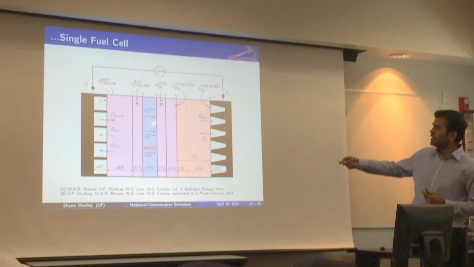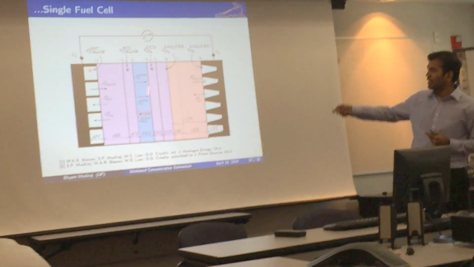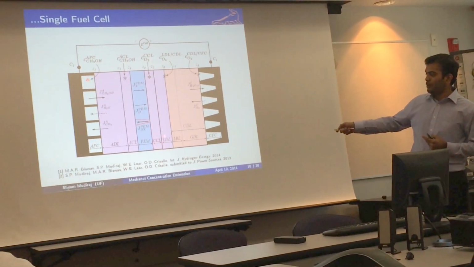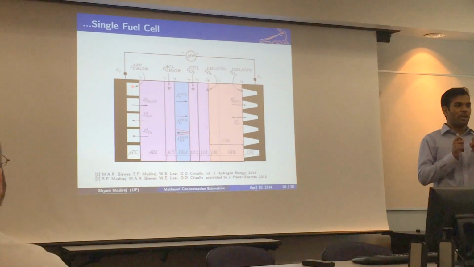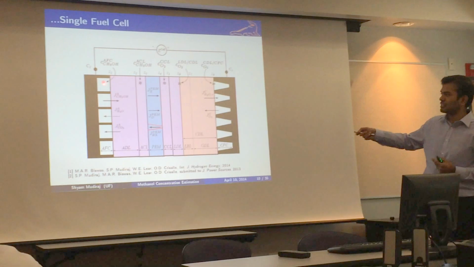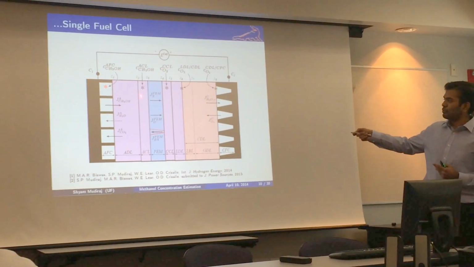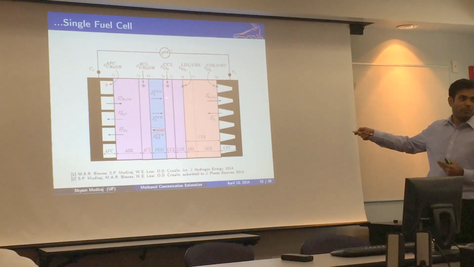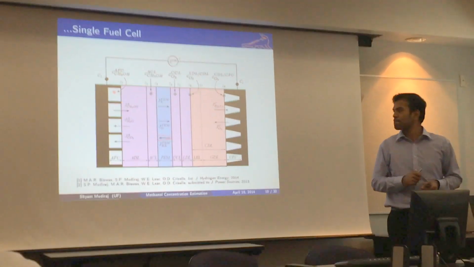However, unfortunately, some of the methanol, instead of reacting, crosses the membrane and reaches the other side and participates in an undesirable reaction on the cathode side. So if our device has to produce a good estimate of this concentration, the model should be able to predict accurately the flux of this, which is called the methanol crossover flux.